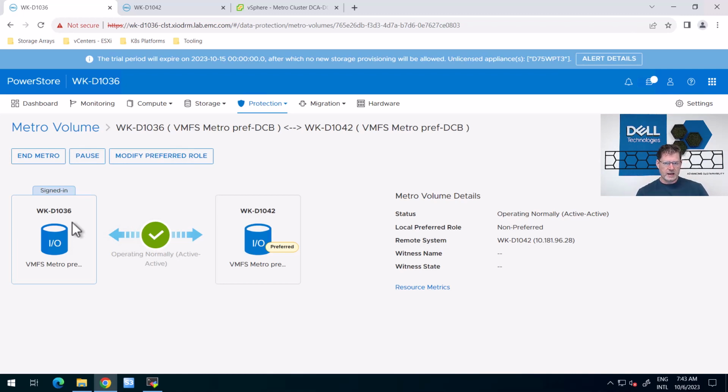Of course, that wouldn't work the other way around, right? So imagine that the preferred site would have an issue. Now, this non-preferred site would go into read-only because it has no way of telling what happened. So if the link was broken, you should go to read-only. If data center B is gone, you could, as the non-preferred site, assume read-write IOs and